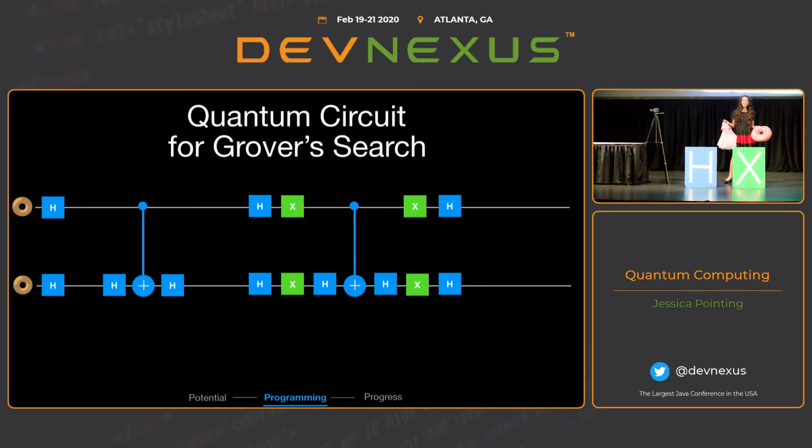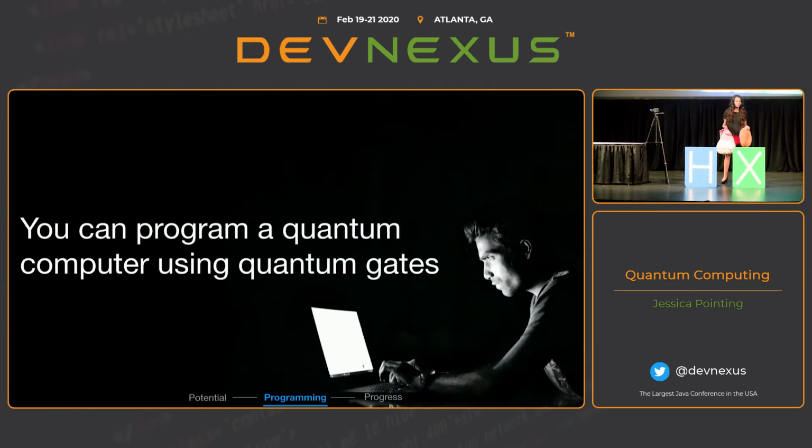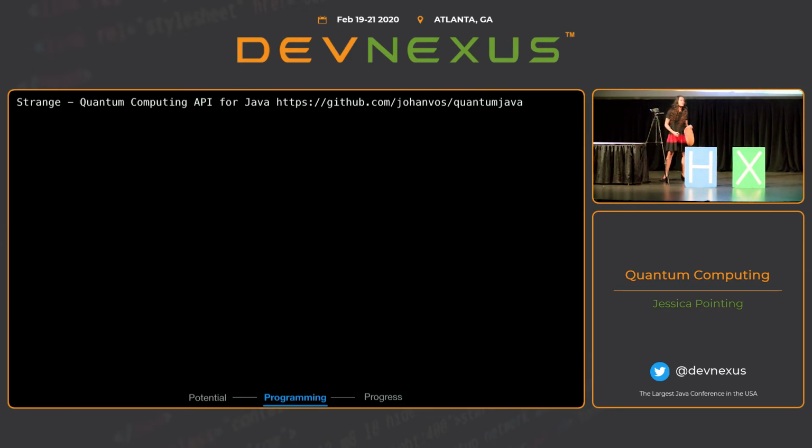So as you can see, you now know most of the gates needed to actually implement this algorithm on a quantum computer. So here we have the quantum gates, but how would you actually program this? Well, this is the quantum programming part. You can program a quantum computer using the quantum gates. In this case, since you're all familiar with Java, we have the Strange quantum computing API for Java. So you can go to this GitHub link, and I'm going to briefly go through the explanation of this